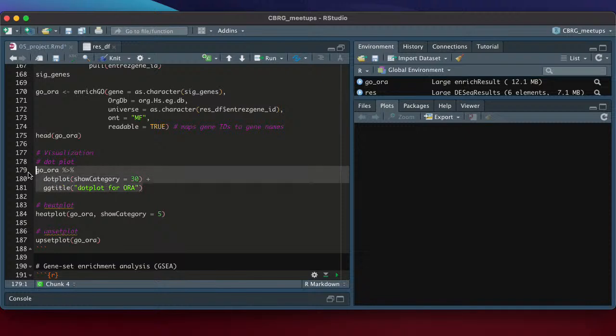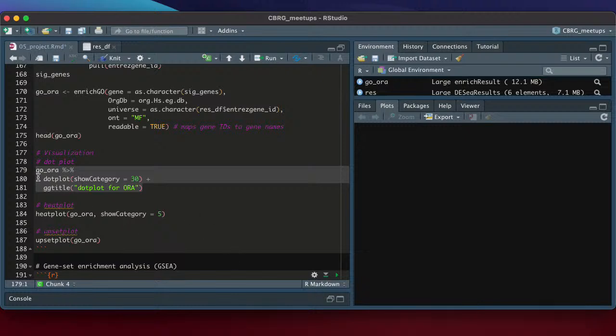So there's one function called dotplot. And another good thing about clusterProfiler is the functions that it has for visualization work really nicely with ggplot functions. So if you want to change the elements of the output plot, you can use your familiar ggplot tools.